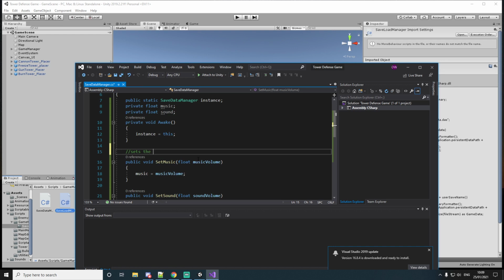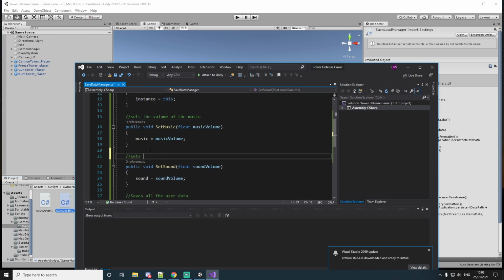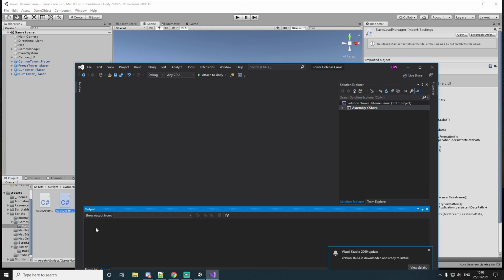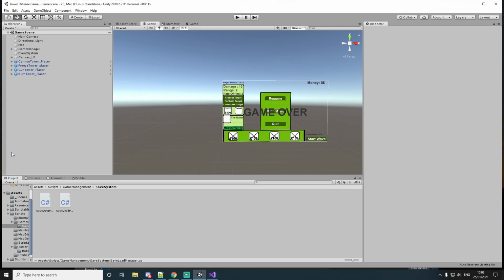Sets the volume of the music. Sets the volume of sound effects. With this done, we can now move on to the upgrades,